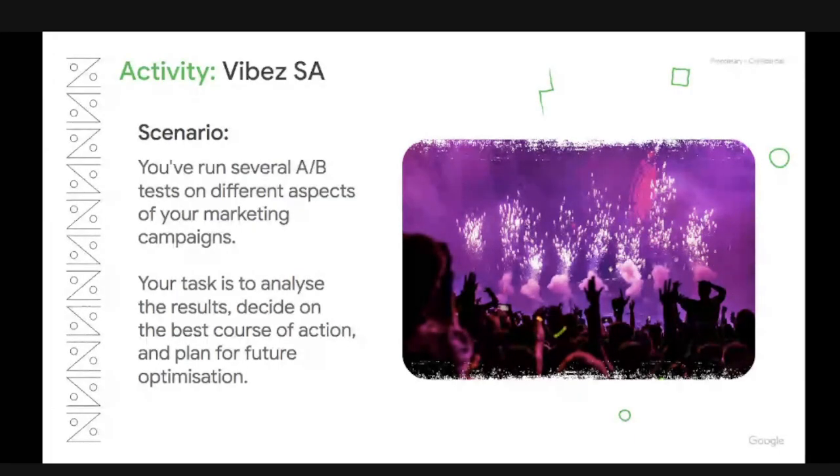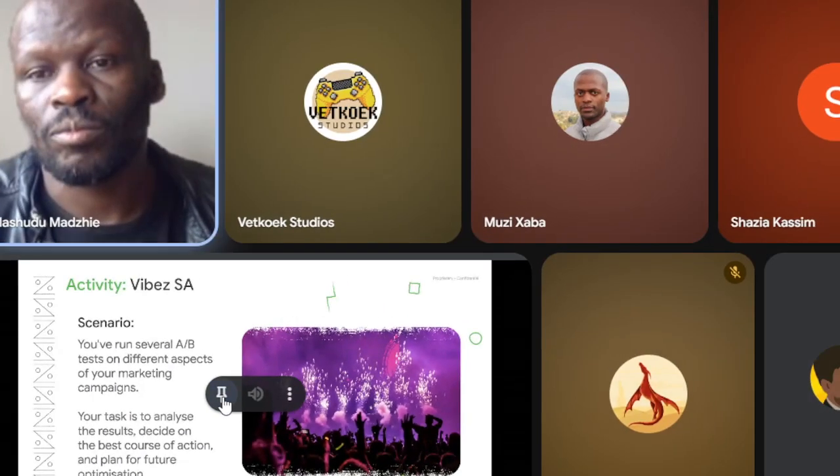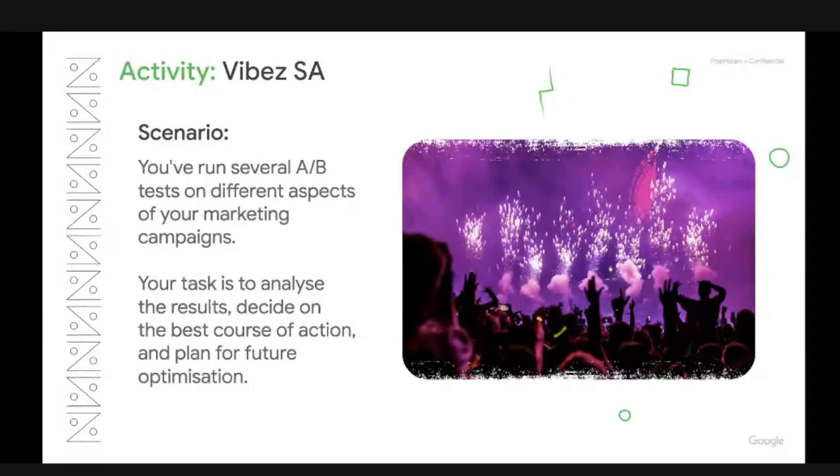So Frank says that B variant has a better conversion rate. Professor says B is the winner. A has a 2% CTR, 5% CVR. B also has 3% CTR, and yes, it also has 8% CVR. Yeah, B seems to be a strong